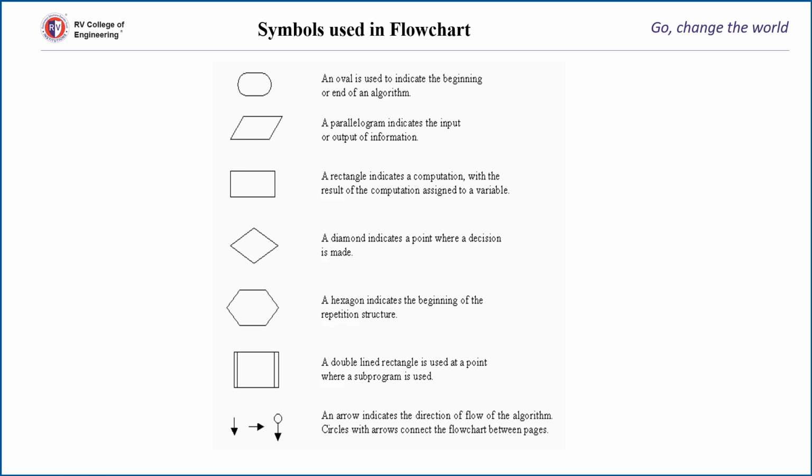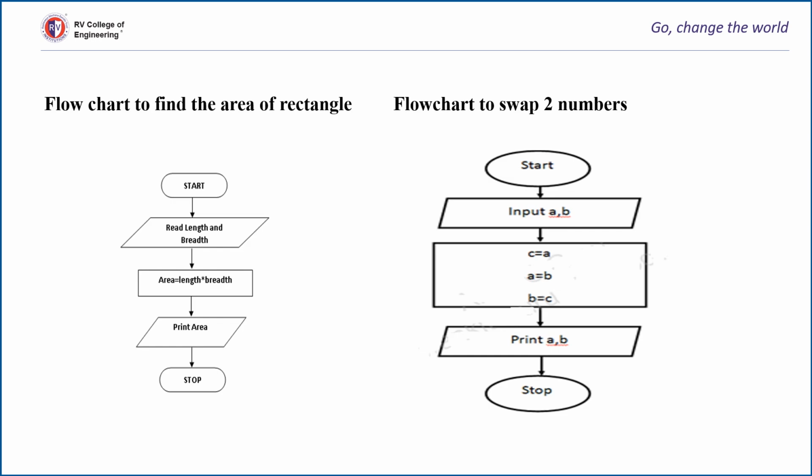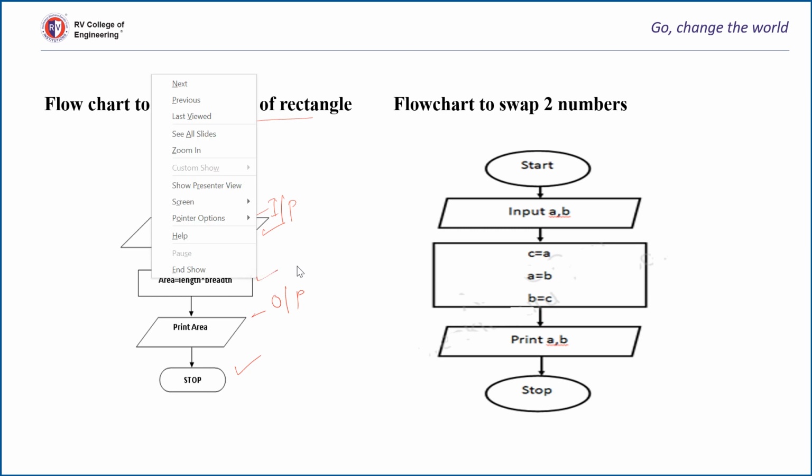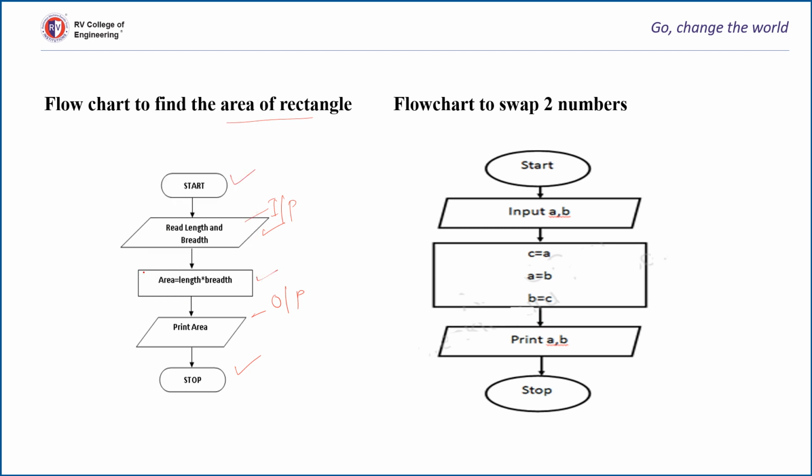Okay, using these symbols, we'll understand a couple of examples. So the first one, to find the area of a rectangle. As we had in our algorithm the start and stop, here also we have start and stop, but we represent them in different symbols. We use ovals. Then in order to find the area of the rectangle, we need the input as length and breadth. We read it from the user and put it into a parallelogram. So the parallelogram represents your input and output. Processing we carry out in our rectangle. So area is equal to length into breadth, which is computed inside this rectangular box. Right,